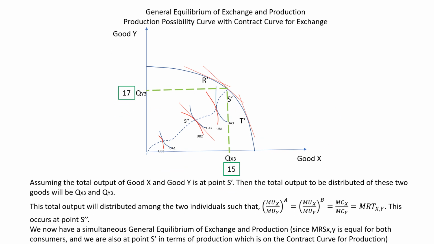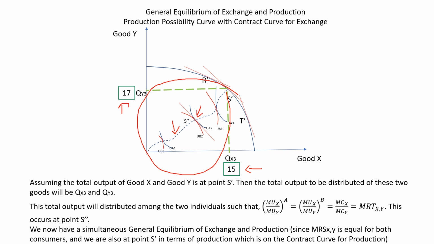Having arrived at the outputs that are going to be produced out of the various possibilities from the production possibility curve, we can now decide on the distribution of these outputs of X and Y. Now, we have discussed the fact that we will be producing 15 units of good X and 17 units of good Y. What we can do is draw an Edgeworth box diagram wherein we will have the various different possible combinations of the contract curve for exchange, which is this line, which will have the various different possibilities wherein the indifference curves of the two consumers are tangential to each other. And we pick that particular point where the